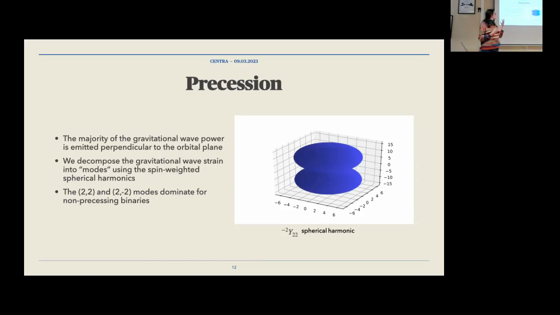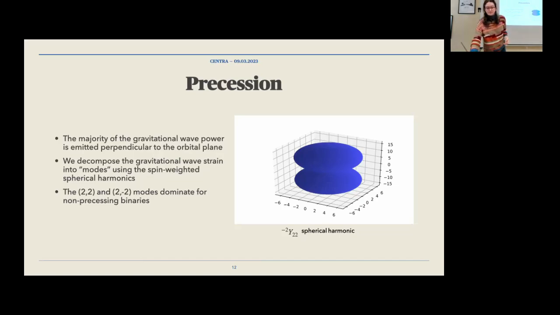As a brief recap, as I said earlier, you have the power emitted in the gravitational wave. The dominant amount of power is emitted perpendicular to the plane of the binary. This is what forms what we call the 2-2 mode, or the quadrupole mode. For a non-precessing binary, one where it's not spinning or the spin is aligned with the orbital angular momentum, this 2-2 mode is what dominates. Essentially we get the modes when we decompose in a sphere, in a fixed frame around our